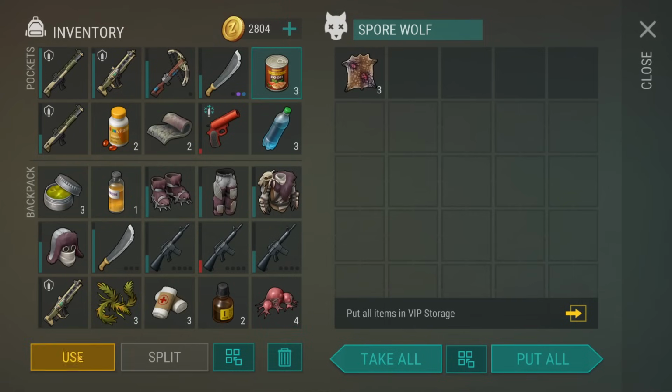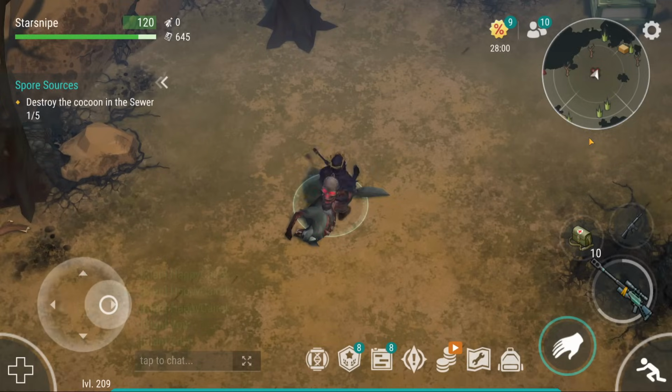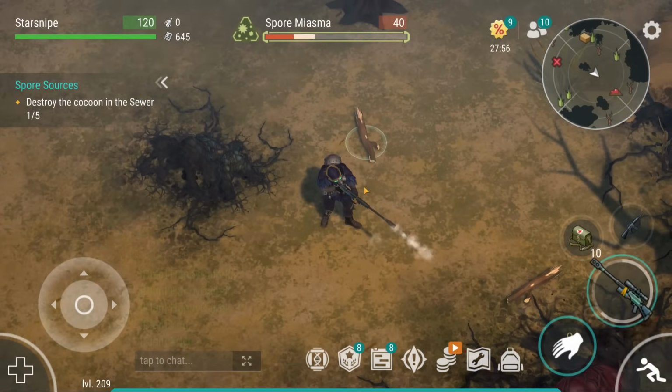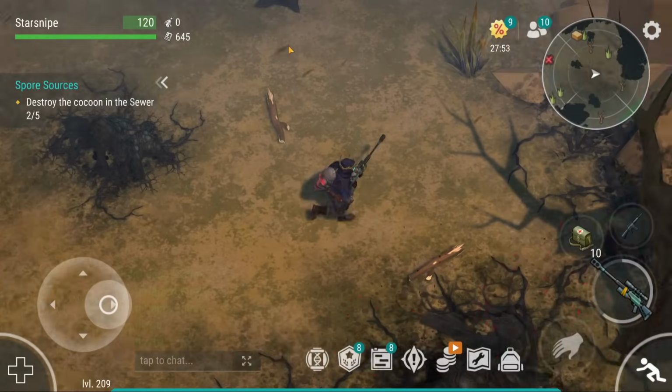I'm gonna eat up all this food so I can just start looting that. Yeah, so first off, we're not in the sewers, and second off, we're not destroying cocoons, we're destroying miasmas, which I guess